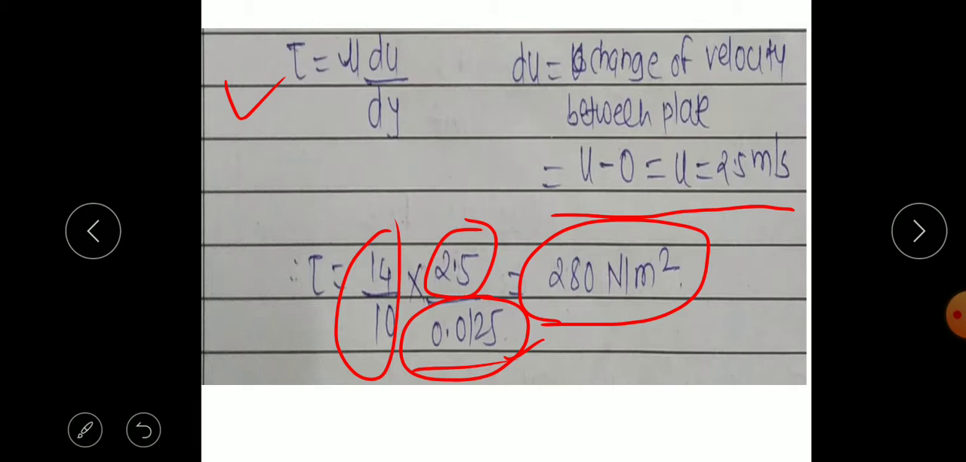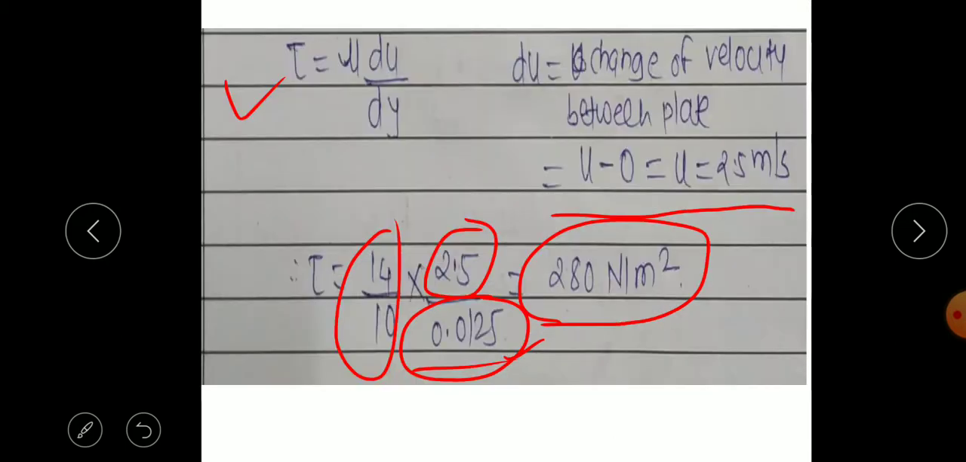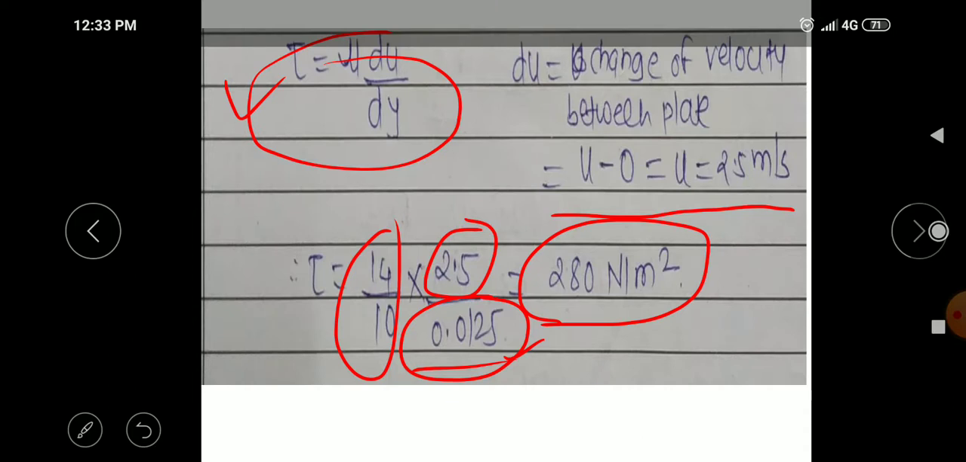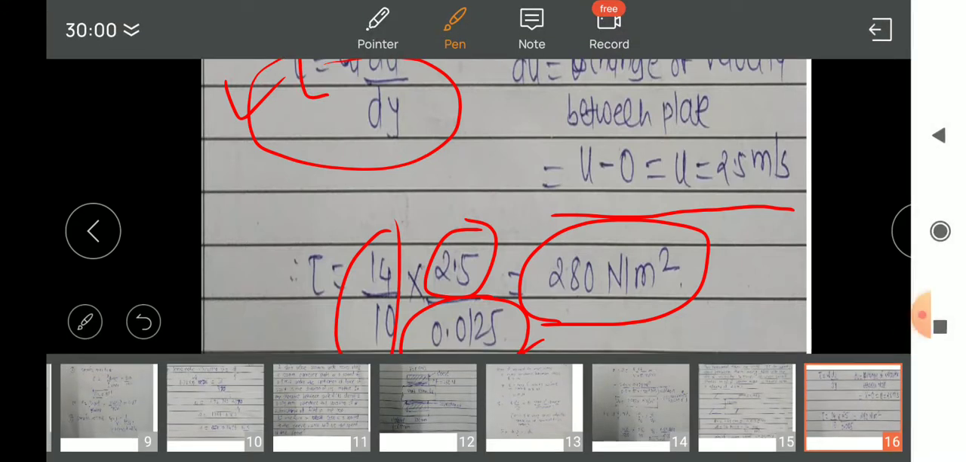So as like we can find the formula for shear stress, tau is equal to mu du by dy. From that we can find the shear stress. Or using this formula, sometimes shear stress is given, we can find the viscosity. So next